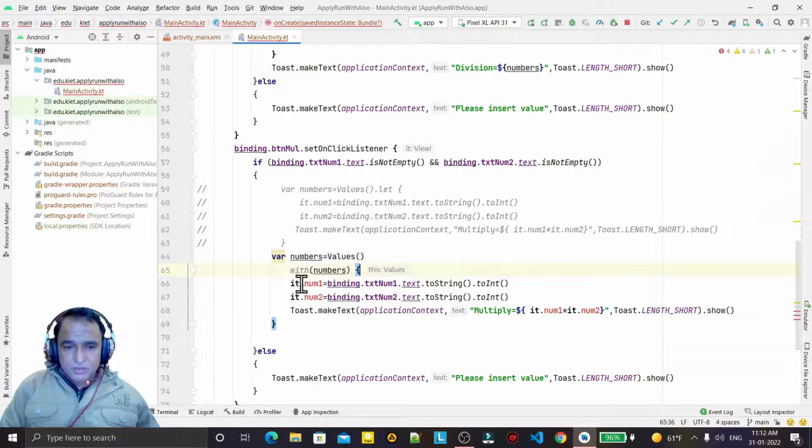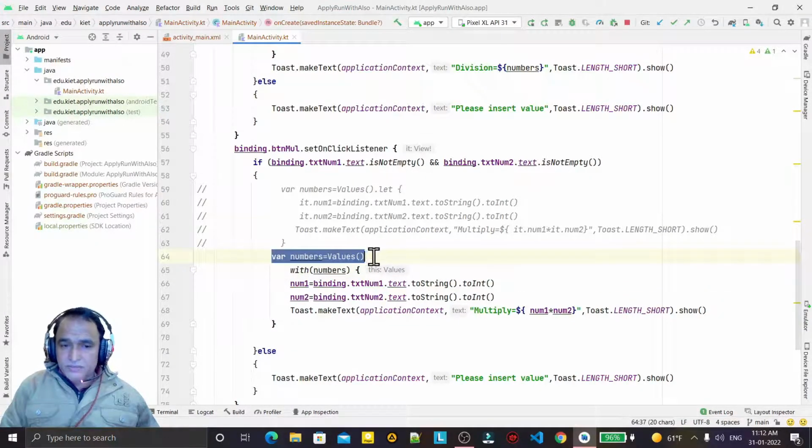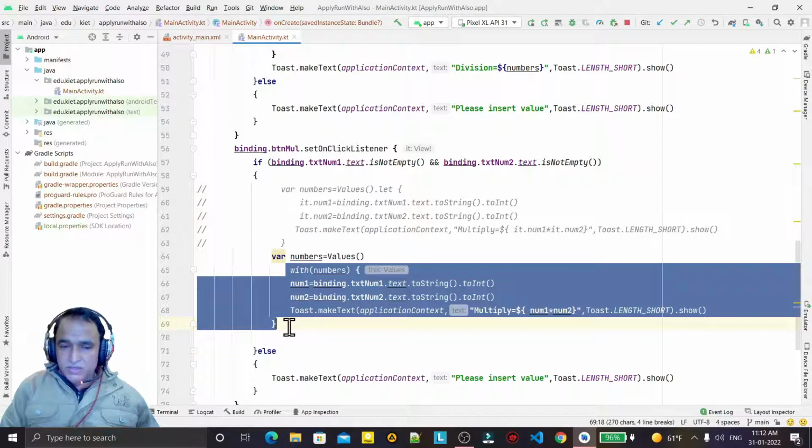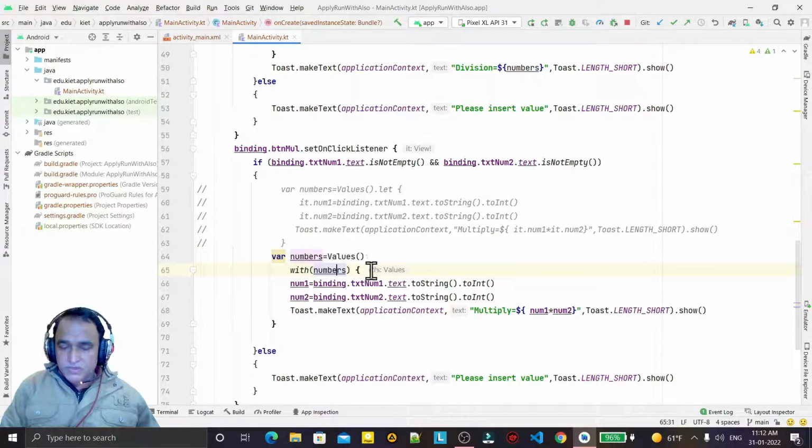Okay, now this is coming here, and now if we have already created an object, we can use this with clause. So it also has this, so remove this it, and now with the help of with, if you already created an object and you want to use such kind of thing, you can use it like this with an object inside this.